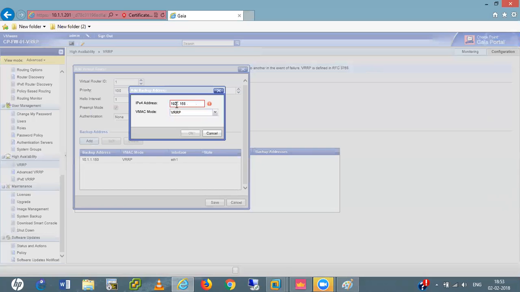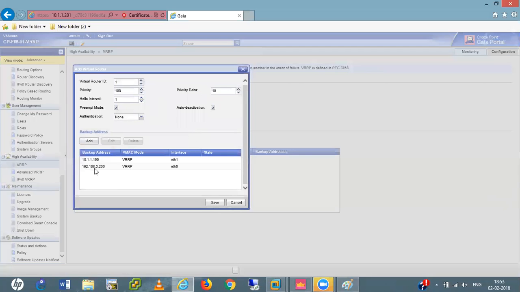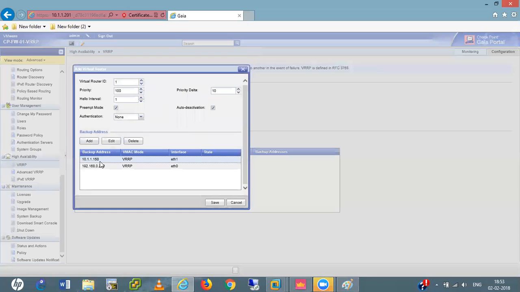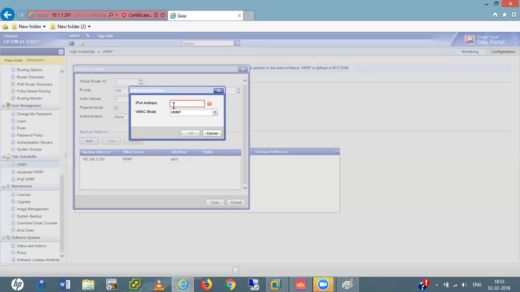Actually, I made a mistake here. Here we give this one 200. Need to delete, I think. 10.1.1.200.